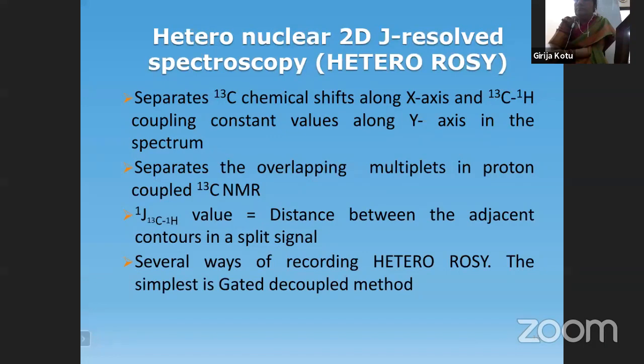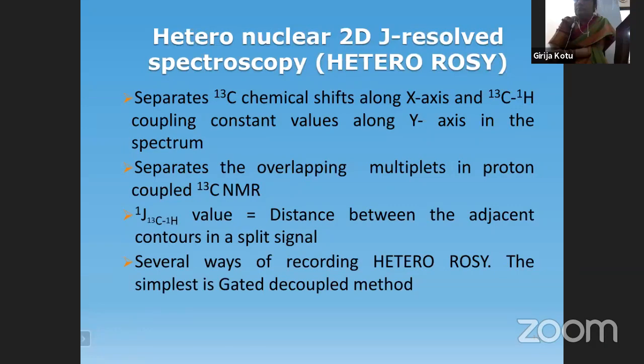So in C13 NMR, we have different kinds of NMR, isn't it? One is decoupled. That is the reason why in C13 NMR, we are mainly referring to proton decoupled C13 NMR. The reason is when you talk about the proton coupled C13 NMR, the coupling between carbon and proton being very high because it is just one bond coupling, the multiplets are wide apart. So hence, mostly C13 means we refer to only the decoupled spectrum, where we will not have any information with regards to the nature of the carbon. And JCH is nothing but the distance between adjacent contours in a split signal.